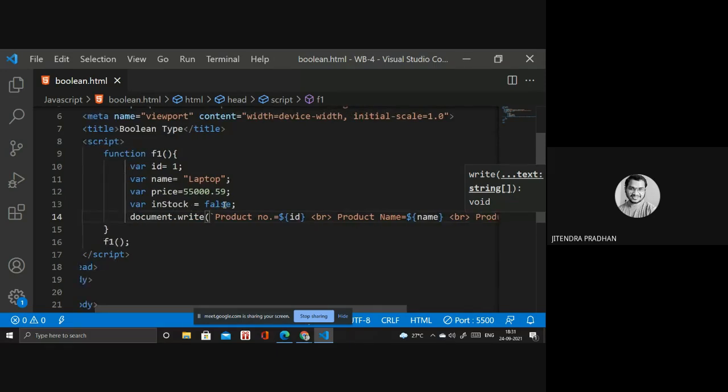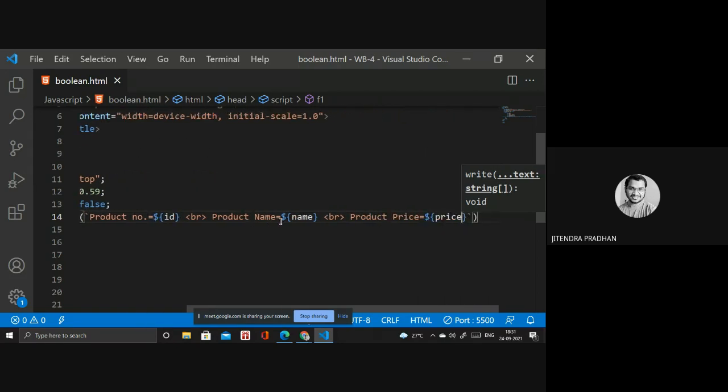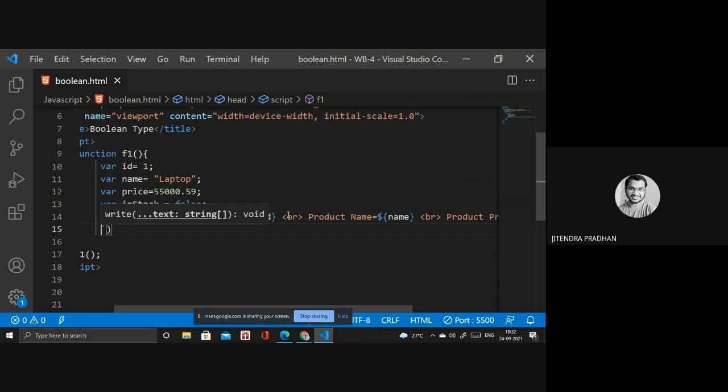If I write a false value, what happens? If I write a true value, what happens? Price is already done, right? So you have to break the line. Next, I will write inside the below bracket.